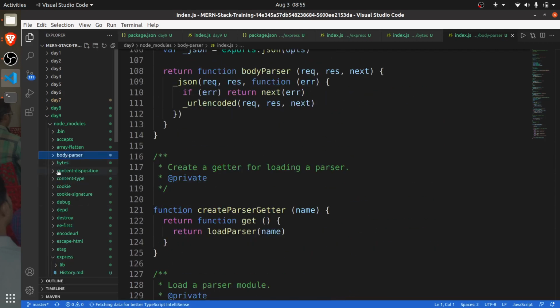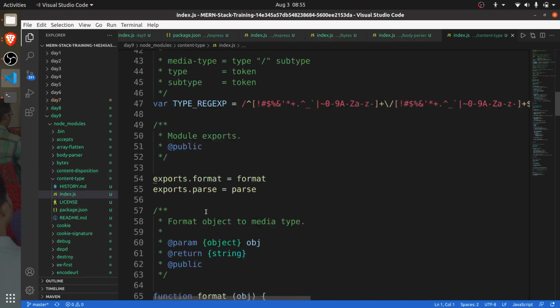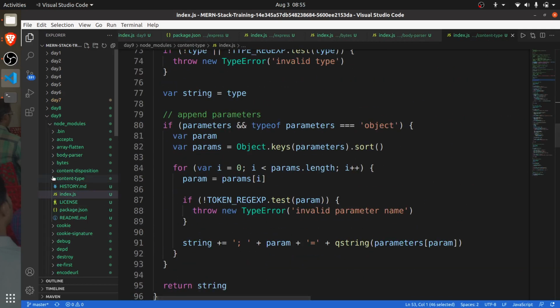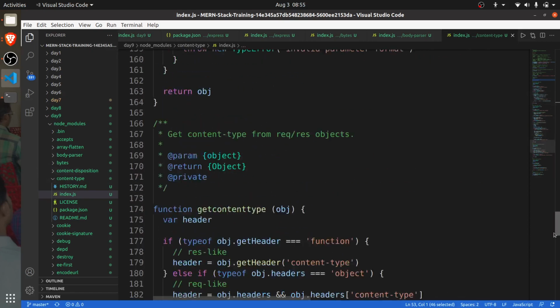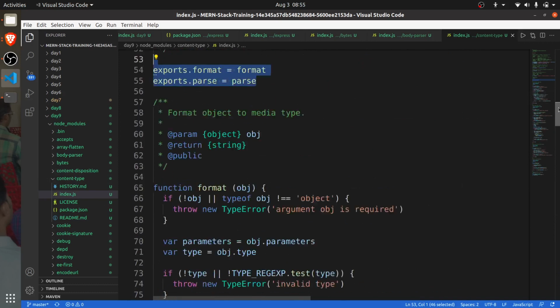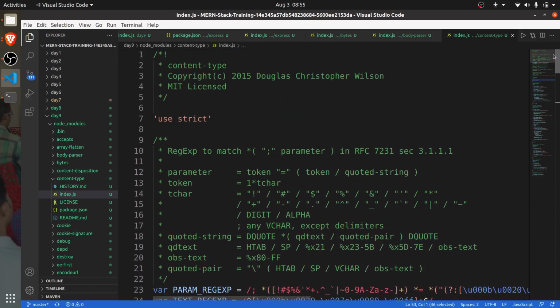You will find exports in this. This is the content type, and at the bottom, okay, so this is also one thing.